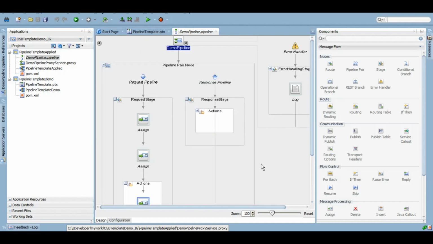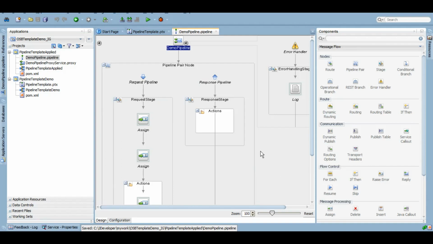So this is important if you want your pipeline to remain concrete and still be able to implement the business logic for that certain service. You need to ensure that you assign appropriate placeholders, be it stage or action or all the other placeholders that we saw just before.